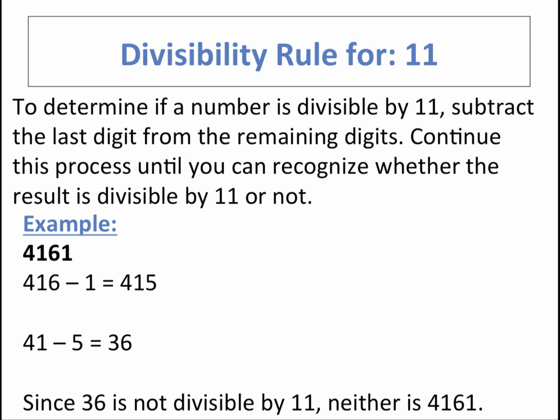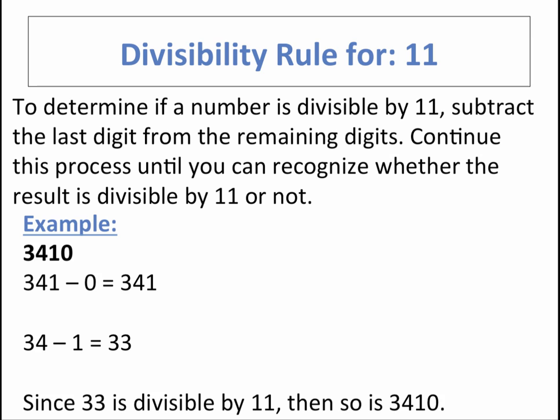Now I can stop if I can determine whether or not this number 415 is divisible by 11. Since I can't tell easily, I'm going to continue that same process over and over again until I get to a number that is obviously divisible by 11 or not. So I again break away the last digit 5 and subtract it from the remaining digits 41, and I get 36. In this case, I can recognize that 36 is not divisible by 11, so neither is the larger number 4161. An example that does work is